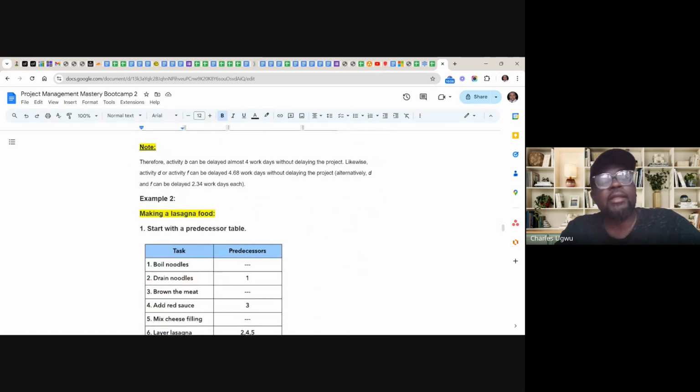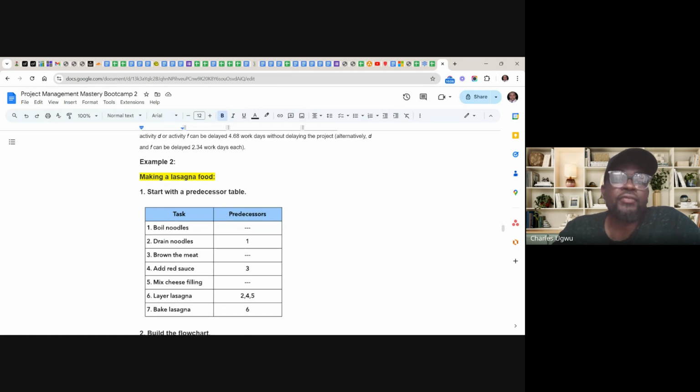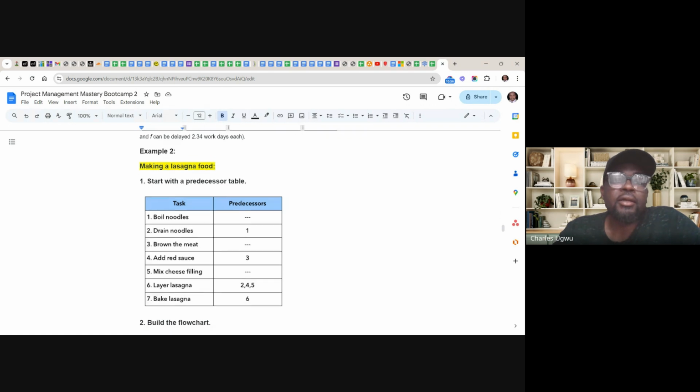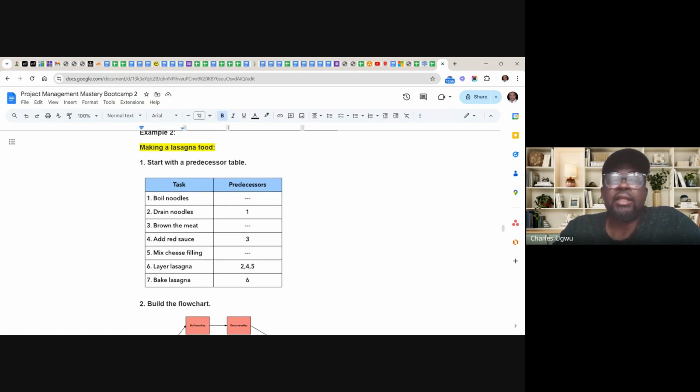Okay, let's look at this critical part from another point of view, from our normal routine, things we do every day: cooking. We are making a food called lasagna. It's an Italian food, and it's very popular here in the UK as well. So if you want to cook this food,